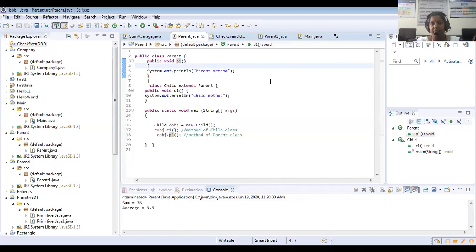Normally, with one class, it is not an issue; the same class name with the main method you can give. But with inheritance, or if you have a number of classes, you should give the class name under which your main method is there. Don't forget that.